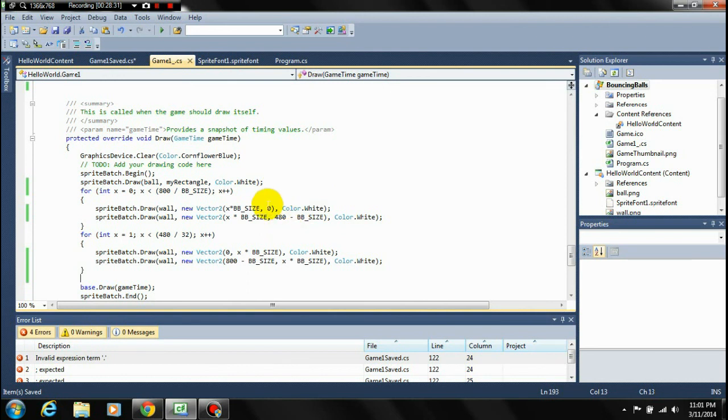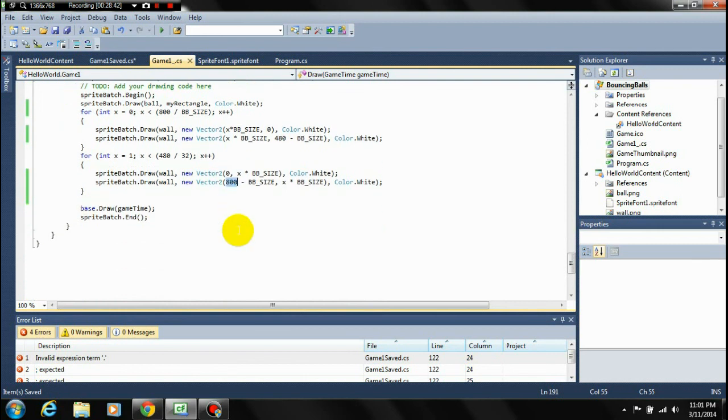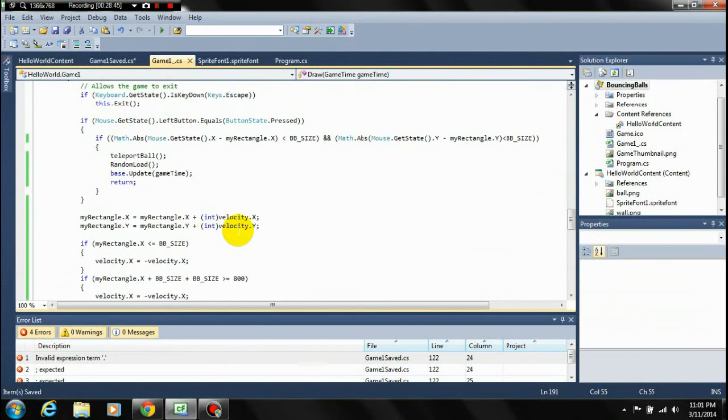If you do that, you're going to need to change all of these screen width settings, not only so that the walls can draw correctly, but so that the ball can bounce off of the correct places. So you would have to change that. Also,